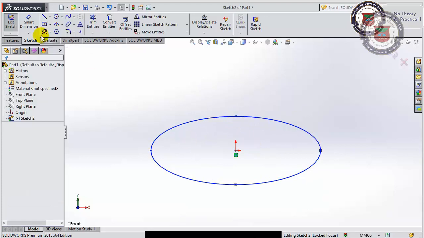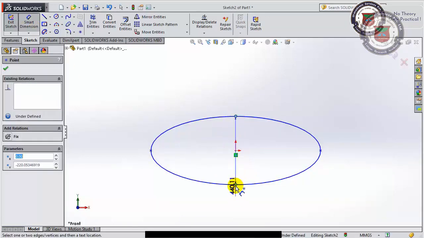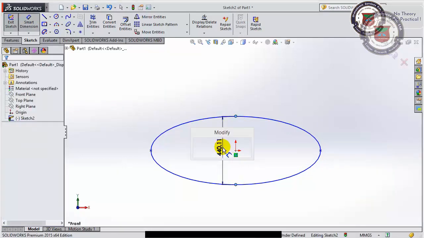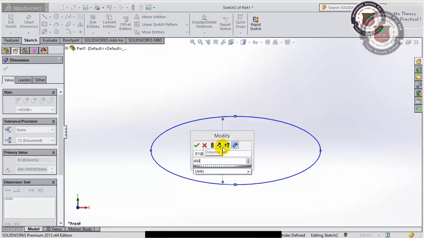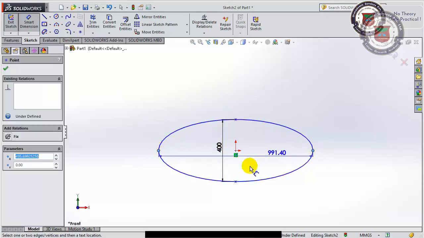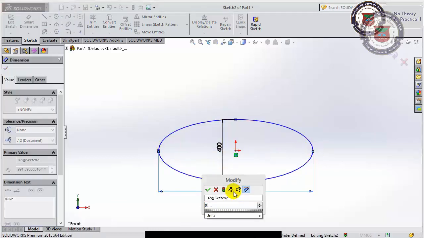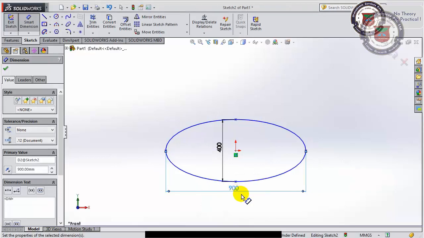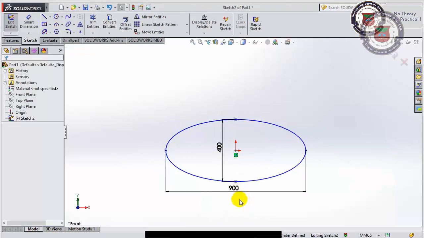So the ellipse is generated. I can also control the minor and major axis of the ellipse. So this is 400 mm, and suppose this one is 900 mm. So the ellipse can be made by this command.